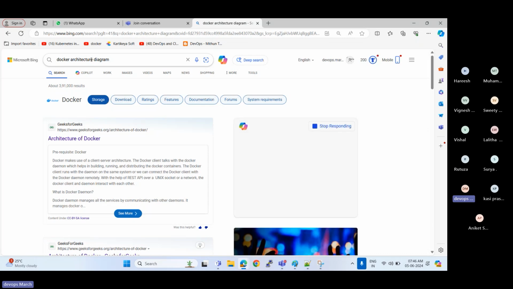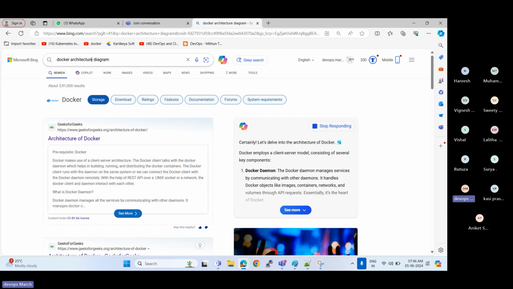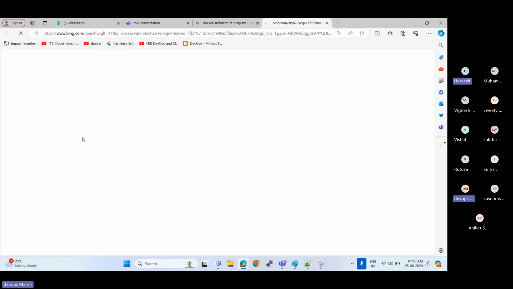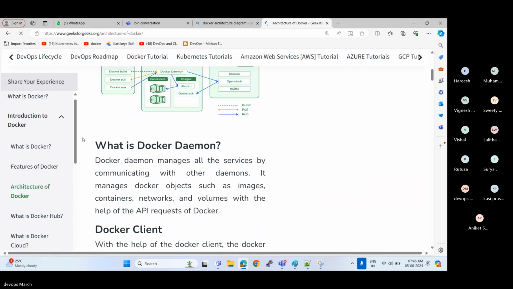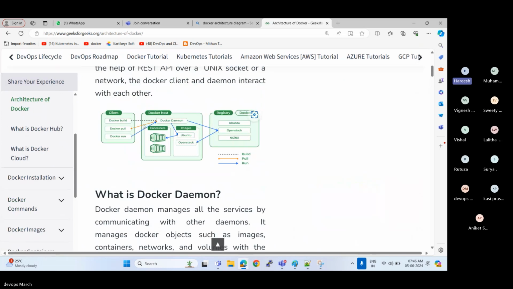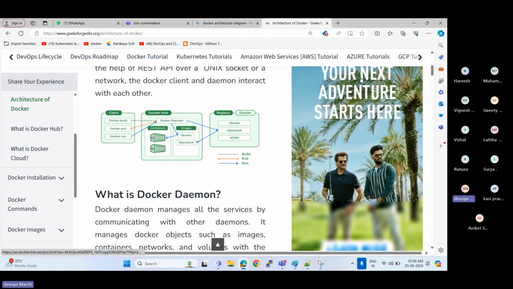There are no restrictions to use this OS only, or this operating system only. It is lightweight. We can use it anywhere. Is it compatible with everyone? Yes, it is compatible. It is independent, not dependent on the OS.